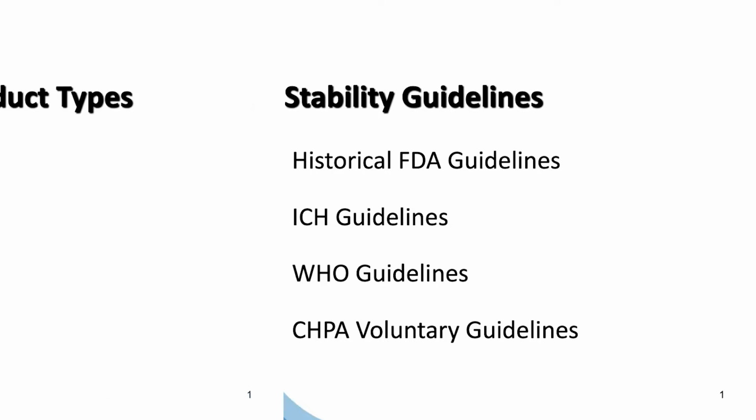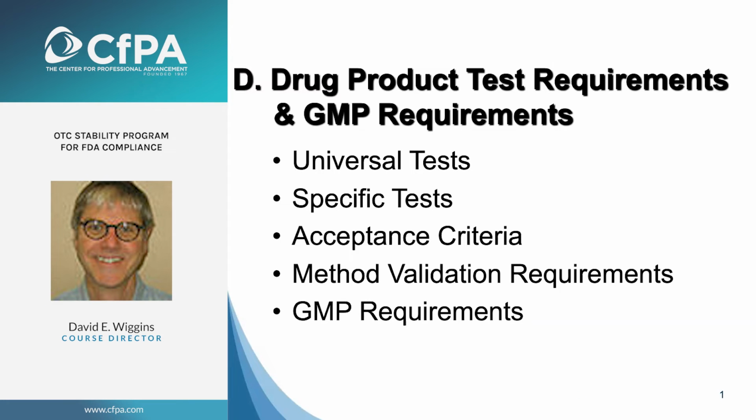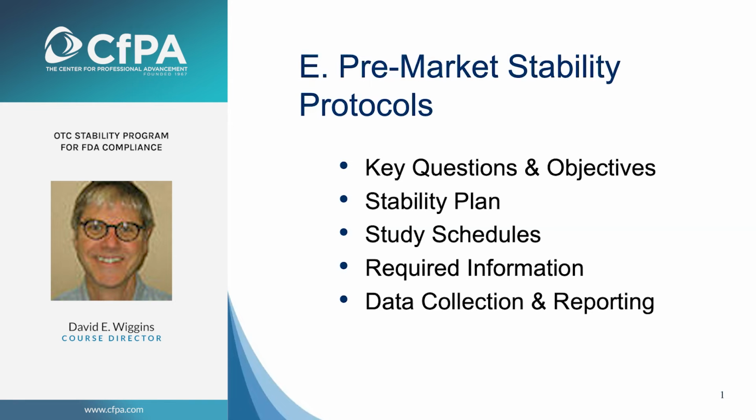have available to us. So in this section, I want to talk about the different types of OTC drug products and how the stability might be different for each one of them. And so what we're going to cover in this section are the actual drug product test requirements as well as the GMP requirements. So in this next section, section E in your course notes, what we want to cover are